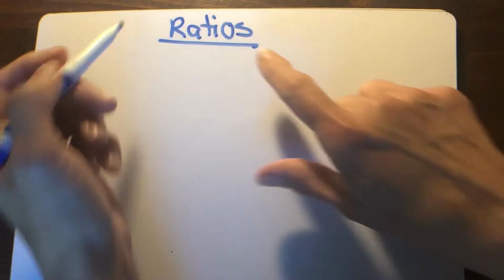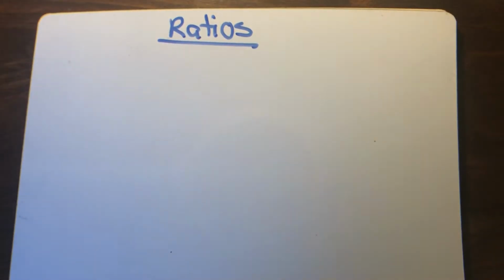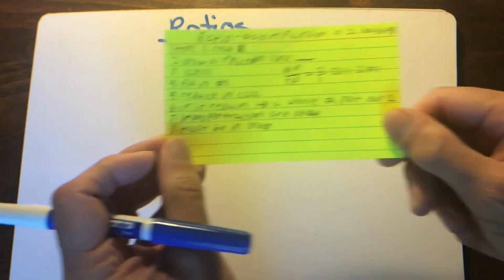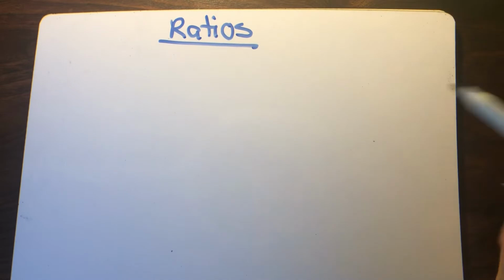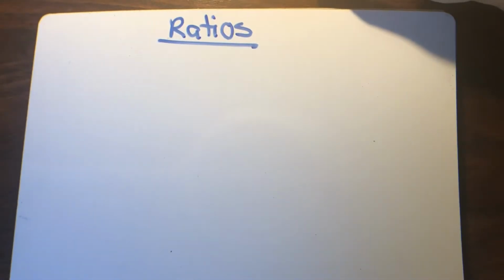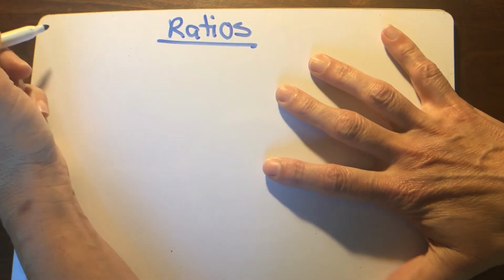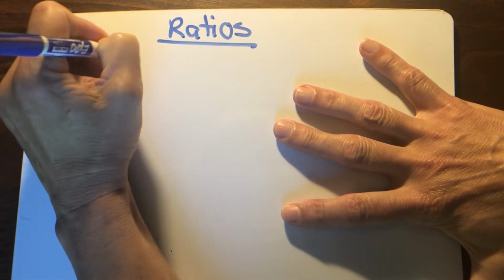In this video, we're going to talk about ratios. So get your note card out and let's make a note card with your notes on it. I find that if you can make some note cards with some different math concepts on them, then when it comes to putting all of these concepts together, you have a study tool. So what are ratios? Ratios are very simple. Basically, they are just a comparison